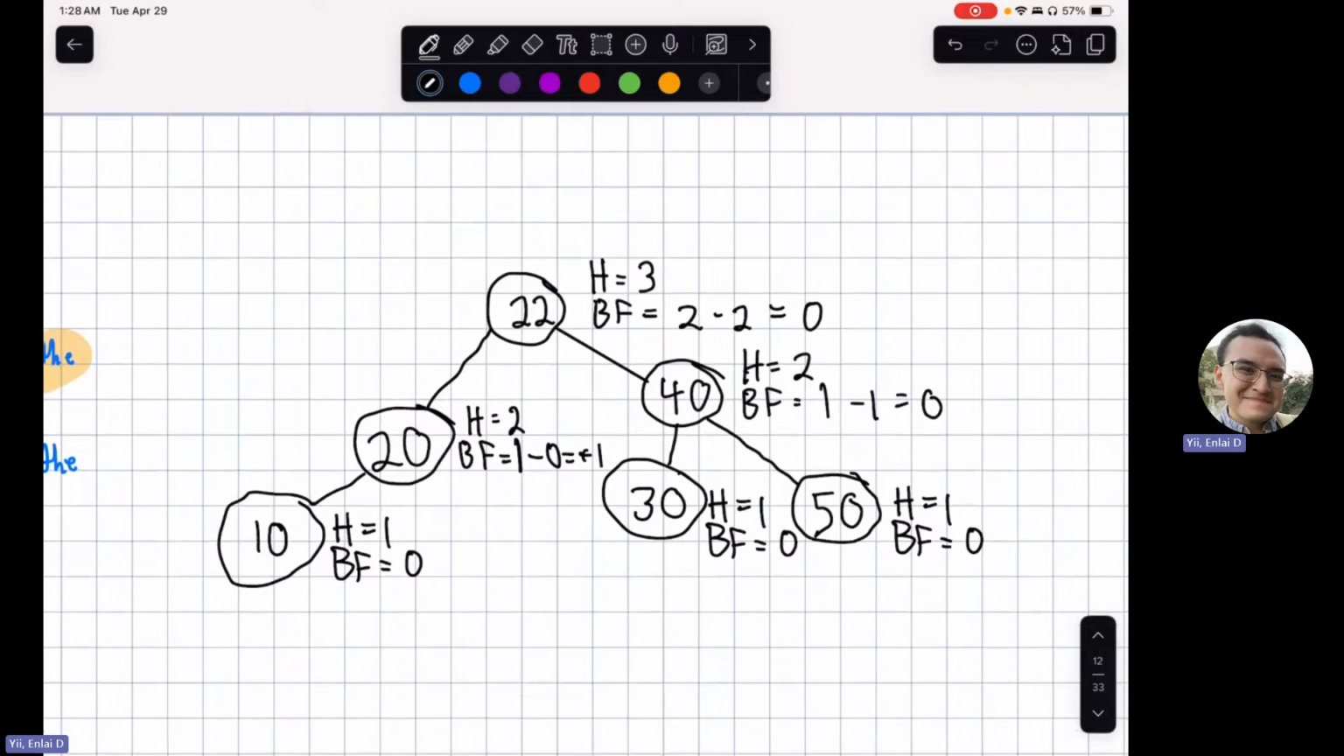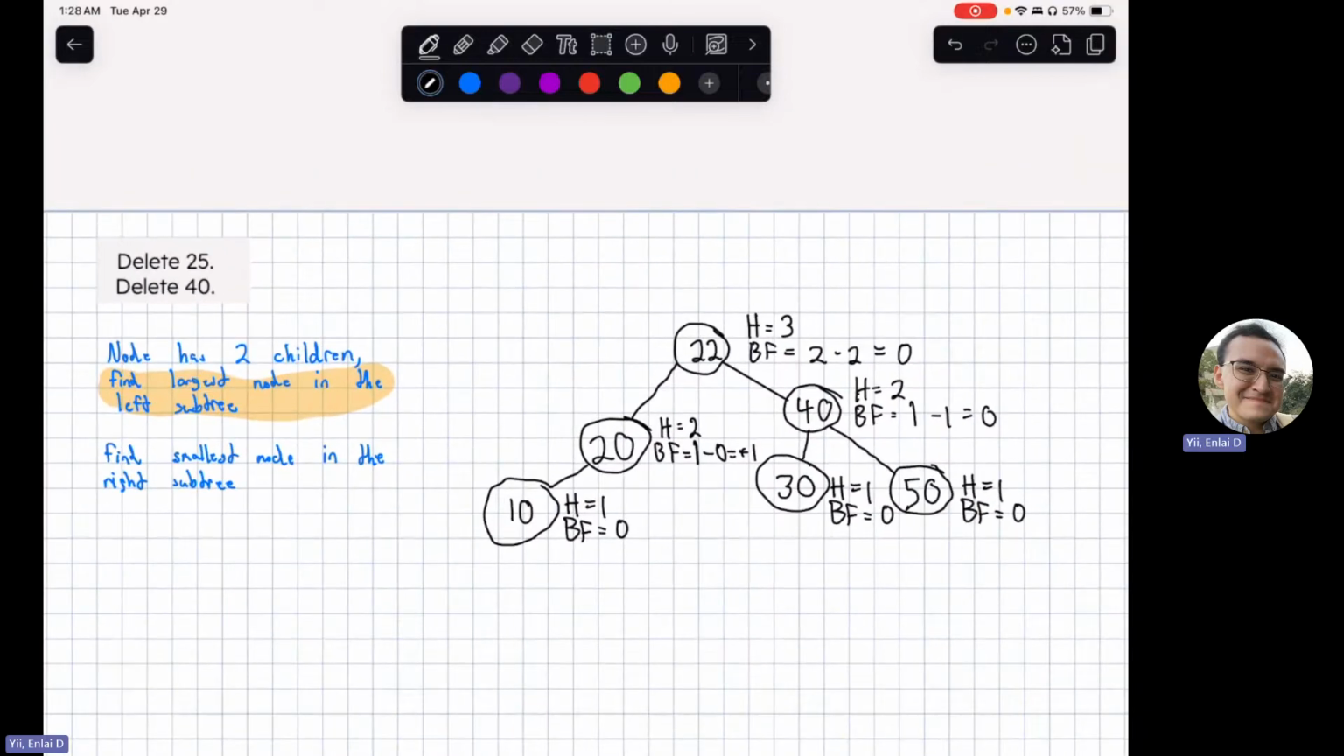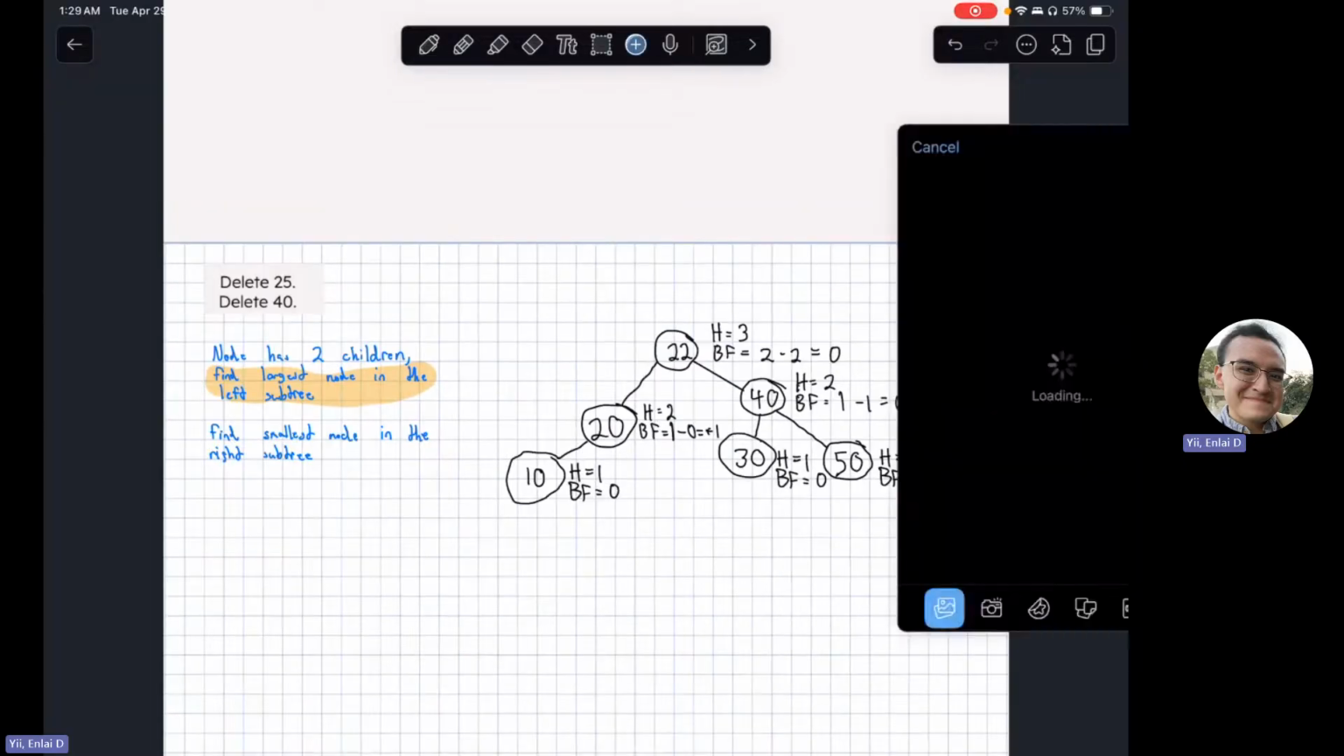And for 22, balance factor of 2 minus 2, since we have height of 2 on the left, 2 on the right, making it 0, and the height will always be 3. So cool. It's completely balanced still. No need to do rotations at all. And so now, let's delete 40 this time. So to delete 40,